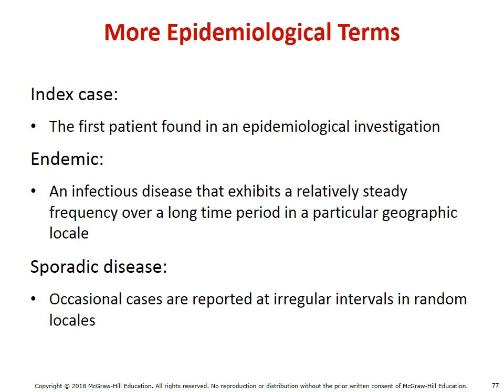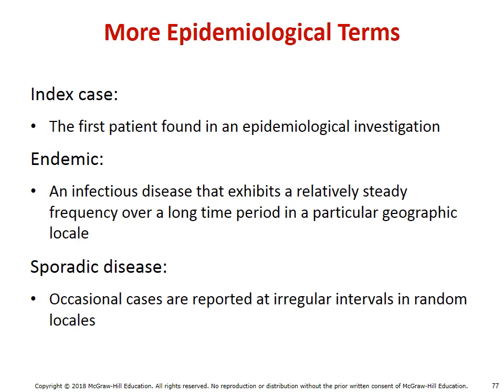So here's some more terms that you should probably know, including index case. An index case is the first patient found to have a very particular disease, and as a result they're the source initially of infection if it's communicable. Endemic is this idea that certain diseases will be expected over periods of time and in specific locations, kind of like the flu. Every year we expect X number of flu cases to happen at X time of the year.